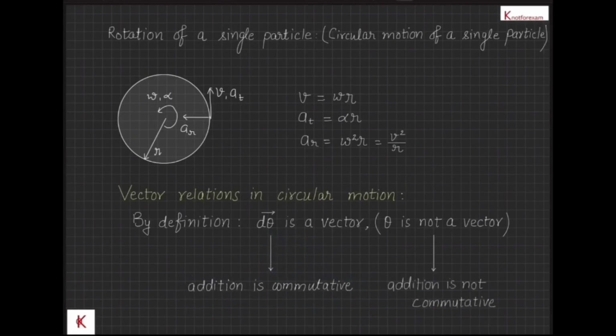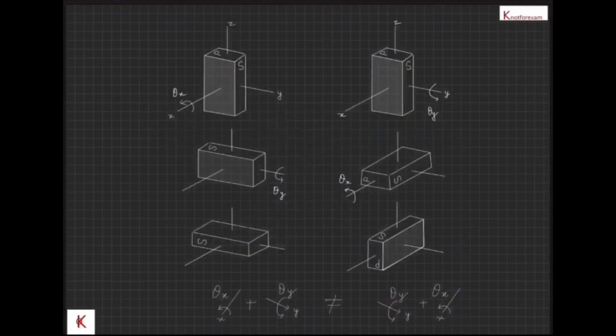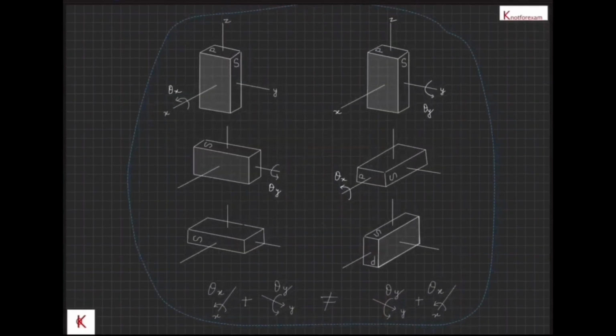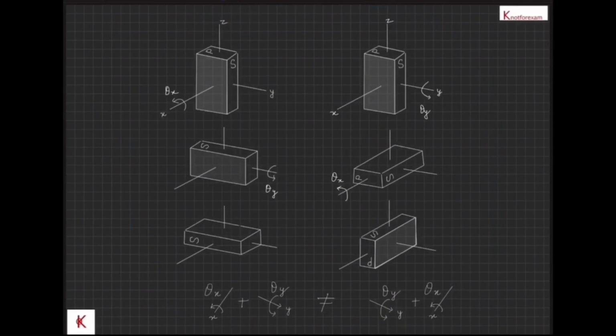A very common example illustrating this property is given in almost all textbooks. In that illustration, as shown in the figure, from an initial position, a book or an object is given different finite angular displacements in different directions, maybe in x, y, z directions, and then the final orientation of the book is noted. Again, this same process is repeated from the same initial position, but the order of angular displacements is changed and the final orientation of the book is noted.